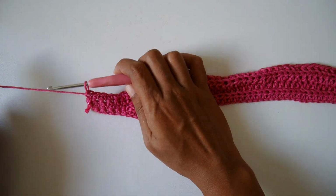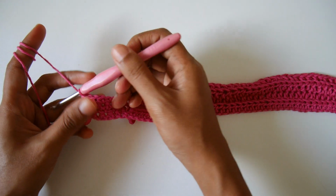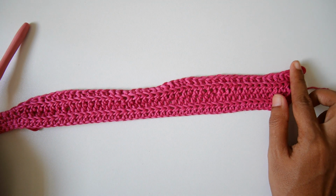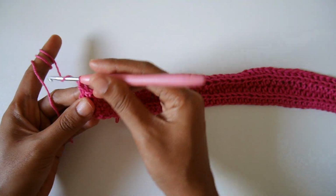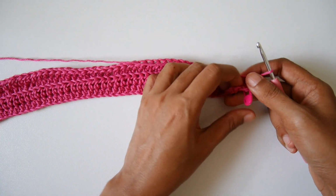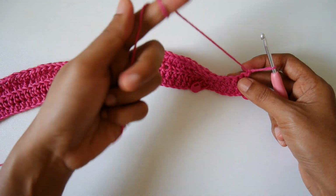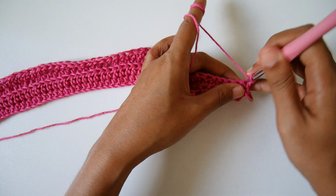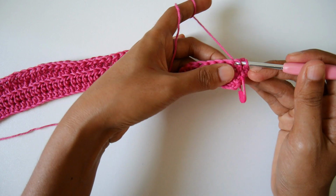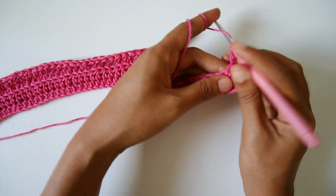Now I am at the end of row 4 already. On row 5 we will start to do increasing on the end of the skirt here. Chain 1 and turn, and make single crochet on the first 6 stitches. 1, 2. Don't forget to put your stitch marker in here. Moving up,